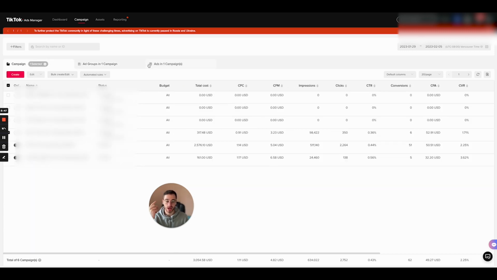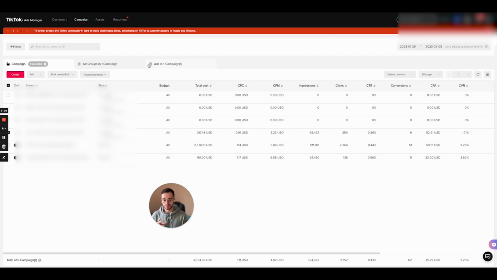Again, as I said, we need to have proven creatives and clarity that these things work, because otherwise we're just going to burn budget, guys. If we just think it's going to be a good creative, or we're testing something untested, or we don't have clarity about the audience, we're just going to burn budget. So make sure you are in a position to scale.